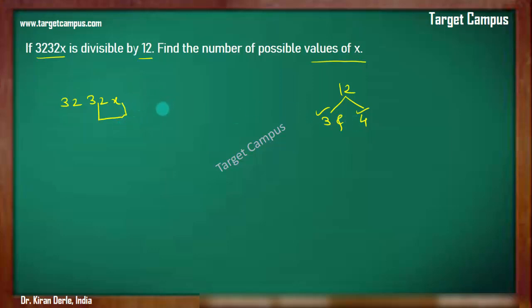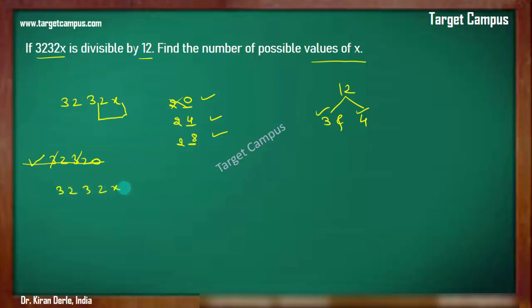So here 2 and this number can be 0, or this number can be 4, or this number can be 8, right? So this is divisible by 4, this is divisible by 4, this is divisible by 4. So there are three cases in which this number can be made divisible by 4. Now let us try to understand. Let's say if we take the first case, is this divisible by 3? 3 gone. 2 plus 2 is 4. No, 4 is not divisible by 3. So this cannot be divisible by 3, right? So this case is gone.